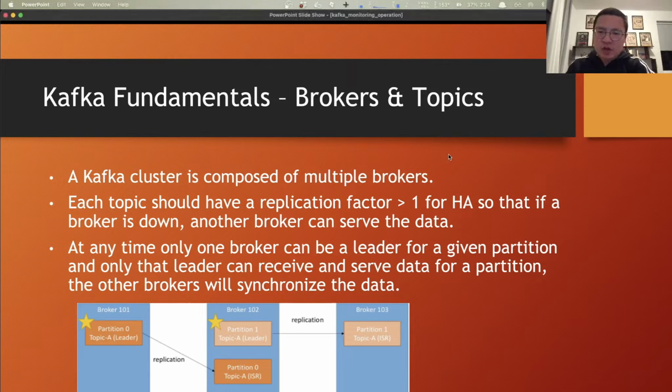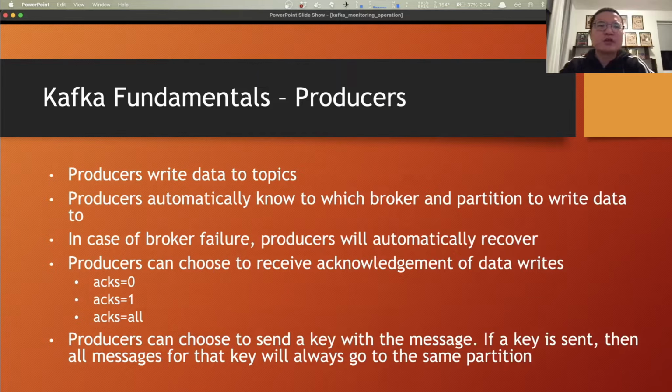All right, let's jump to the next, which is producers. Apparently, producers write data to topics, and producers automatically know to which broker and partition to write data, which is one of the cool capabilities that Kafka provides, right? And in case of broker failure, producers are able to recover from failure automatically. There are options that producers can choose to receive acknowledgement of data writes. There are 3 options out there: